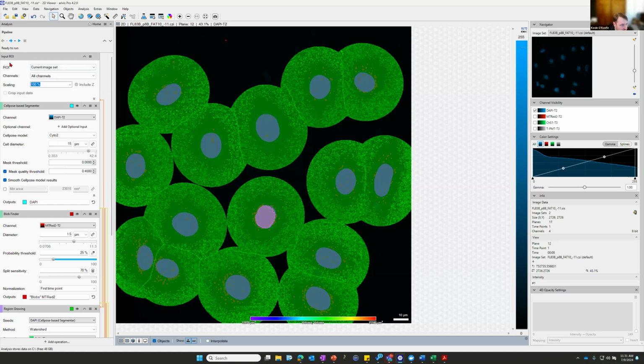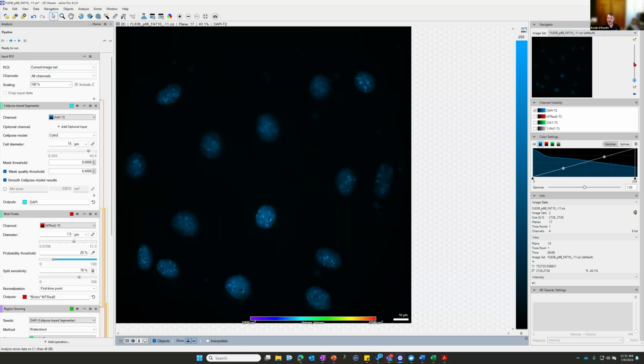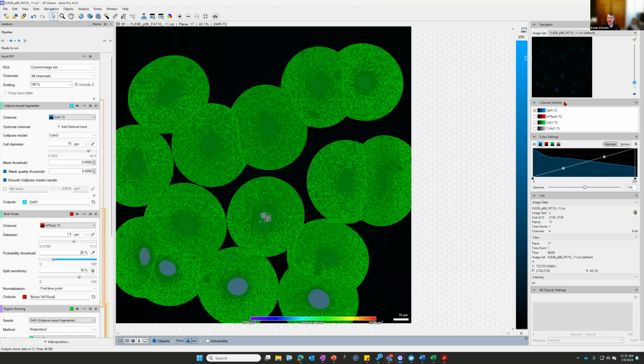Whenever we import or start a new pipeline, it's always going to ask you where you want your ROI to be. And that's going to be, what do you want to run your pipeline on? Current image set means the entire image set that I have loaded here, so that's going to be all of the Z-planes and the entire ROI, so the entire dimension of the image. We'd also have all of our channels loaded,